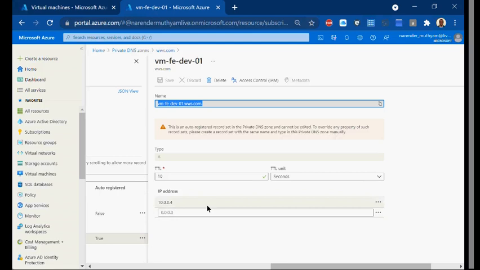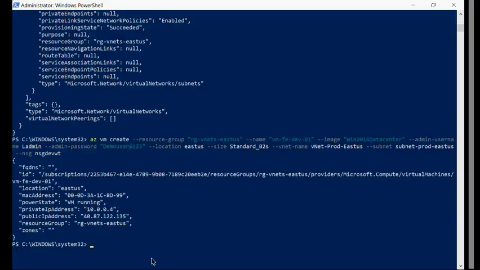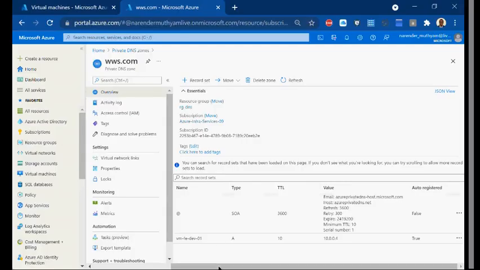That way, whenever any VM wants to talk to another VM, it requires an IP address. Where will it get the IP address of the destination VM? It will get it from the DNS. Here itself you will have the DNS address. If you create a second VM, for example, right? If I just create a second VM here, automatically, because I linked it, right? I linked the DNS with the VNet. So that is the reason. Whenever a new VM gets created, automatically it will get registered with the DNS.